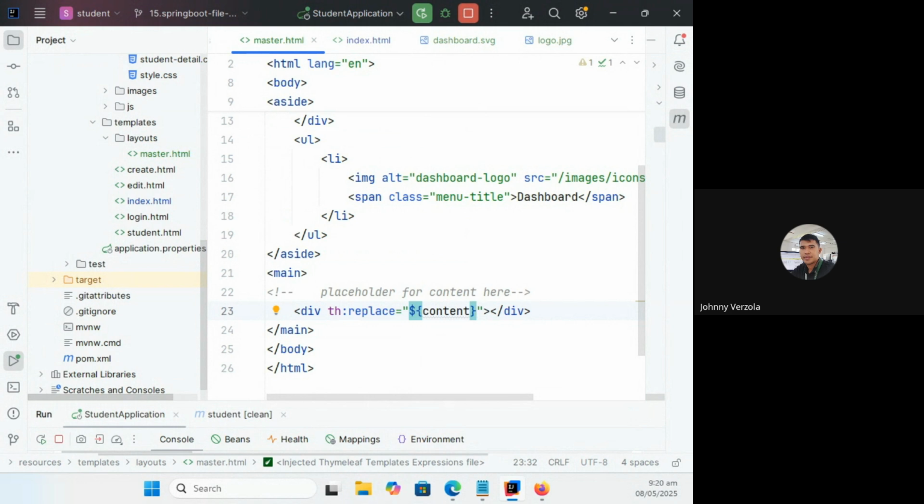Okay, so we're going to represent the dynamic content this way. We have a div there with the th:replace attribute, and then the content there will be used as a reference in the view file that will use this master layout.